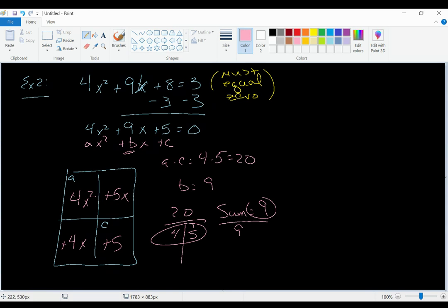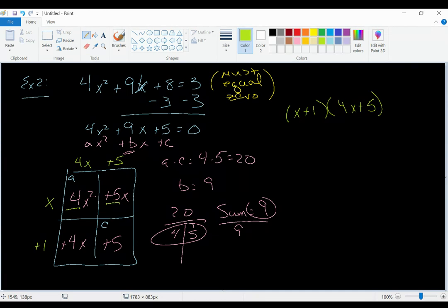Now we start finding our GCFs here. So here, GCFs of 4 and 5 is a 1. And then you have an x, so it's just 1x, or x. Now what multiplies it and works? X times what gives you 4x squared? Well, 4x. Then the top right, x times positive 5 gives you 5x. Then the bottom left, 4x times positive 1 gives you 4x. So that gives us our two factors over here on the right of x plus 1 times